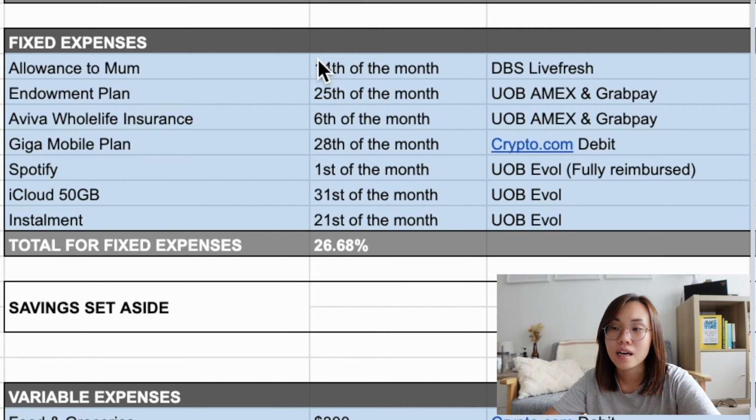So it will be Aviva Whole Life Insurance. I have that as my life insurance plan. I'm paying $195 a month. You might be wondering why I pay it monthly. To put it simply, it's because I feel I can earn interest on the amount in monthly instead of paying